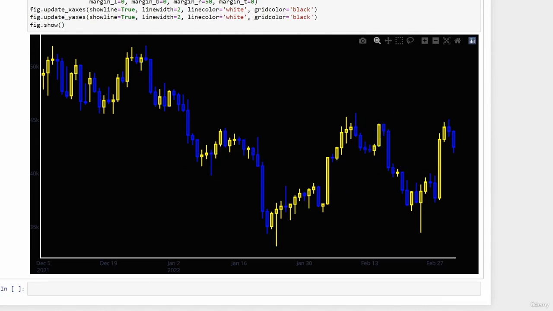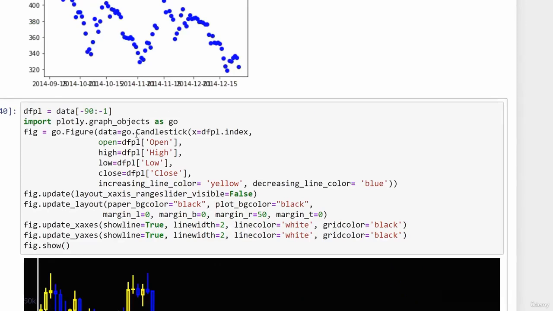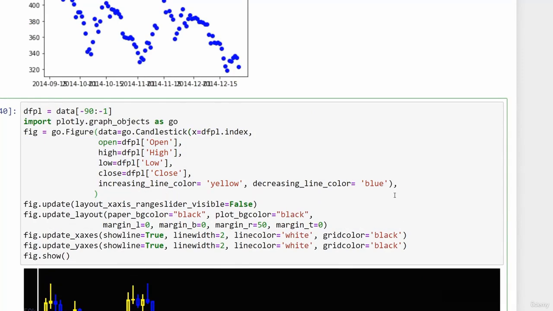So if, for example, I would like to add a support resistance line right here that I can see, I'm going to add this manually on top of this chart. After the candlestick parenthesis is closed right here, I'm going to add a comma, and on a new line, just to be visible, I'm going to add a scatter point. So scatter points where the index is the x-axis, but the y, since we don't have the exponential moving average in our data frame, I'm simply adding the line. So I would add a line around, let's say, 45K. It's going to be a line that is equal to color red, let's say, and the width is equal to 2, and I'm going to name it